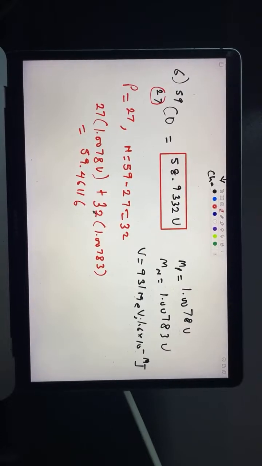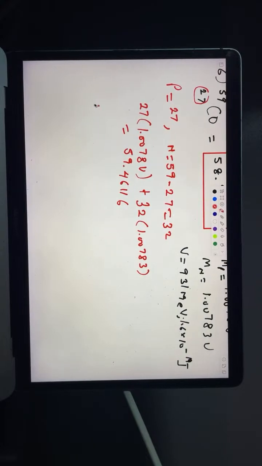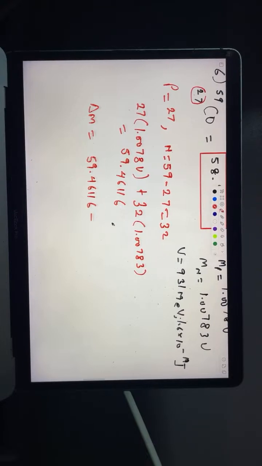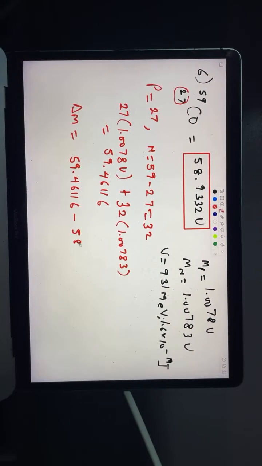Now, as we have gotten this 59.46116, what we need to do to find the binding energy is find the difference in mass. That is, we subtract the original mass from the new mass that we have gotten. So just like I did earlier, it's always the change in mass that we find. So the change in mass will now be 59.46116 minus the original one that we had earlier, 58.9332. So when you subtract these two,